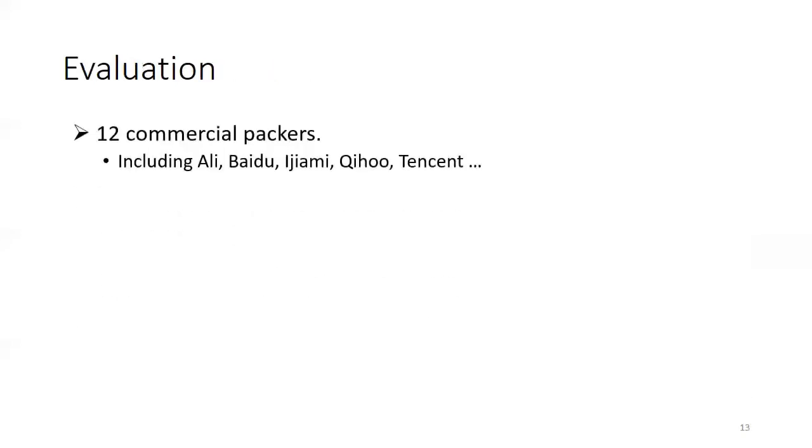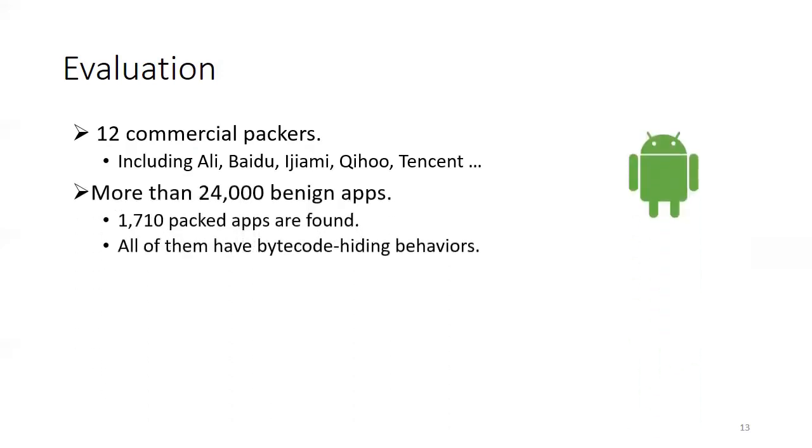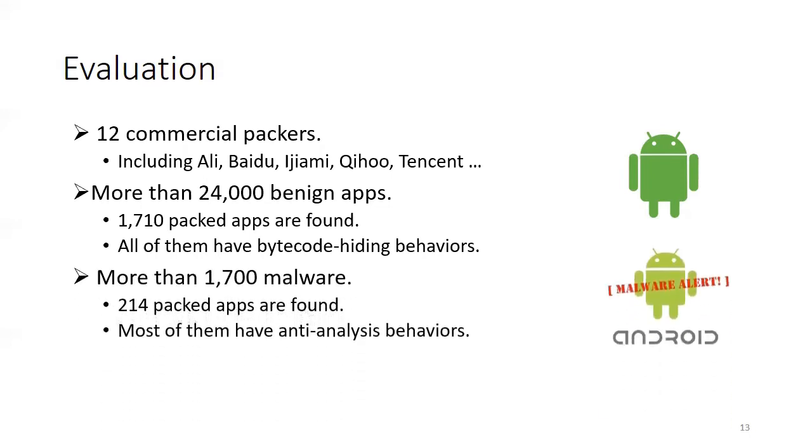We have applied Happer to analyzing packing behaviors and unpacking packed apps packed by 12 commercial packers, including the free online packing services provided by Ali, Baidu, Bangcle, Qihoo, Tencent, iJiami, Kiwi, and Testing. We have applied Happer to studying packing behaviors of more than 24,000 benign apps. Among these apps, 1,712 of them have at least one packing behavior, and all of these packed benign apps have bytecode hiding behaviors. Accordingly, we have applied Happer to studying the packing behaviors of more than 1,700 malicious apps and